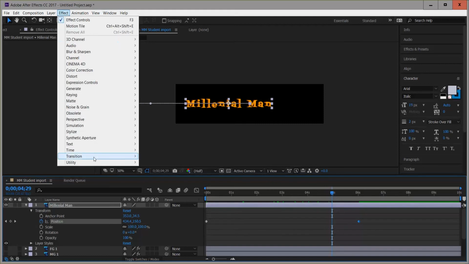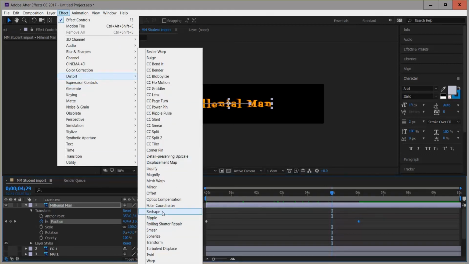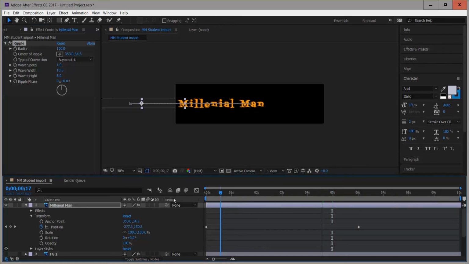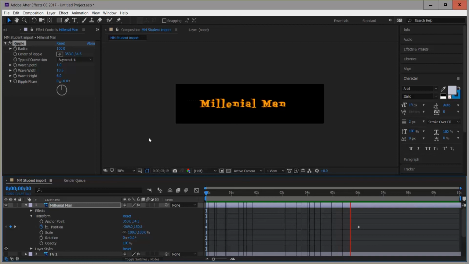And we're now ready to add in our ripple effect. So I'll go to Effect, Distort, and go to Ripple. And if we take the radius up to 100, and you can see now we have the effect there. I'm just going to turn these down. I don't want it to be too intense. I only want it to be slightly visible. So if we play that back,